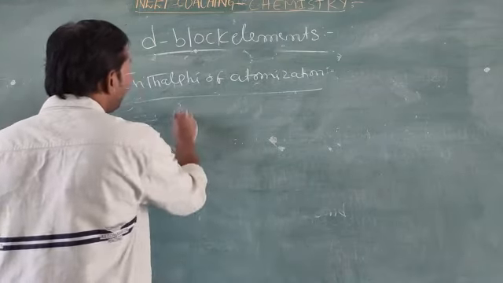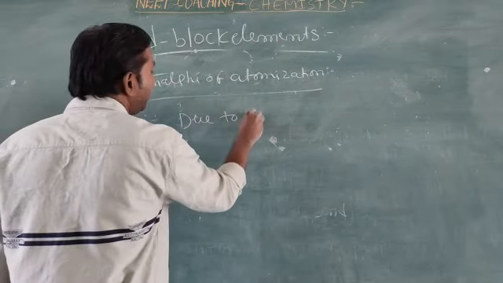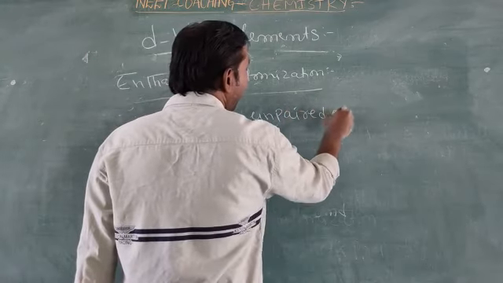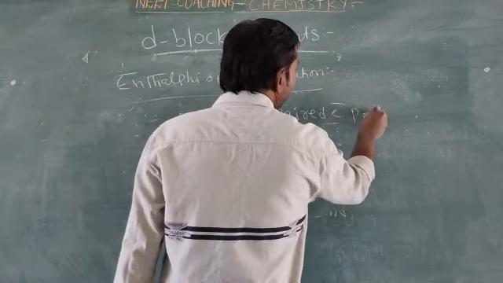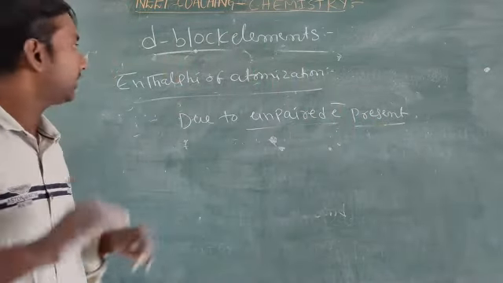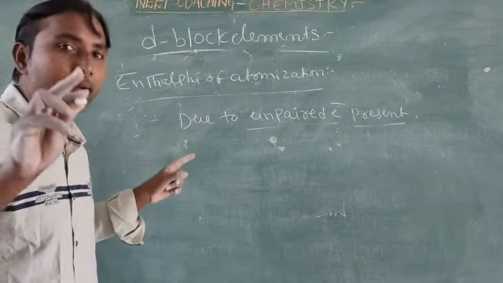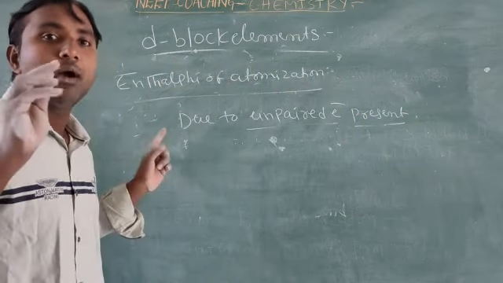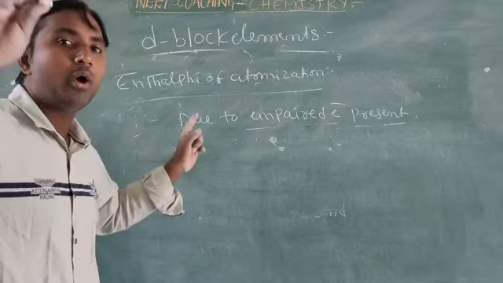Reason: due to the unpaired electrons present. Due to the unpaired electrons present, d block elements have enthalpy of atomization values more than s block and